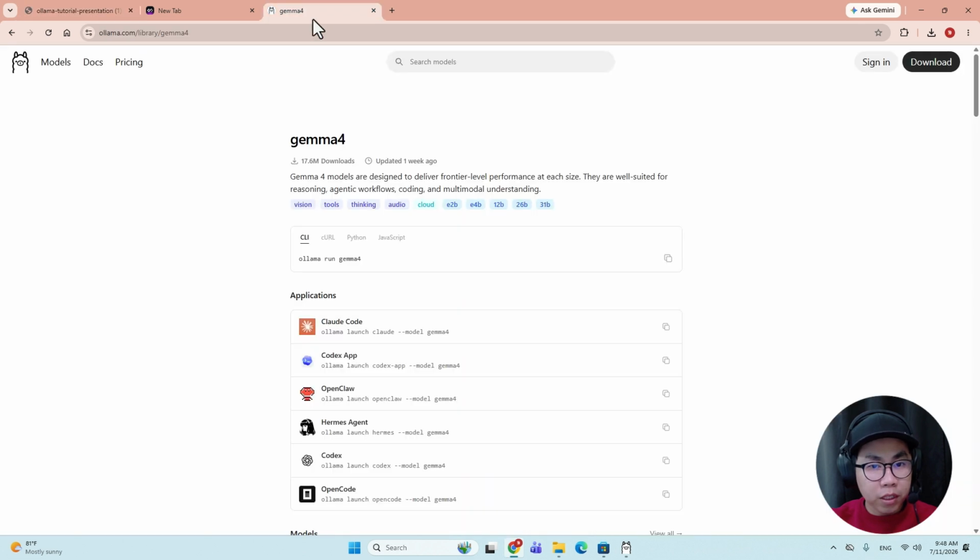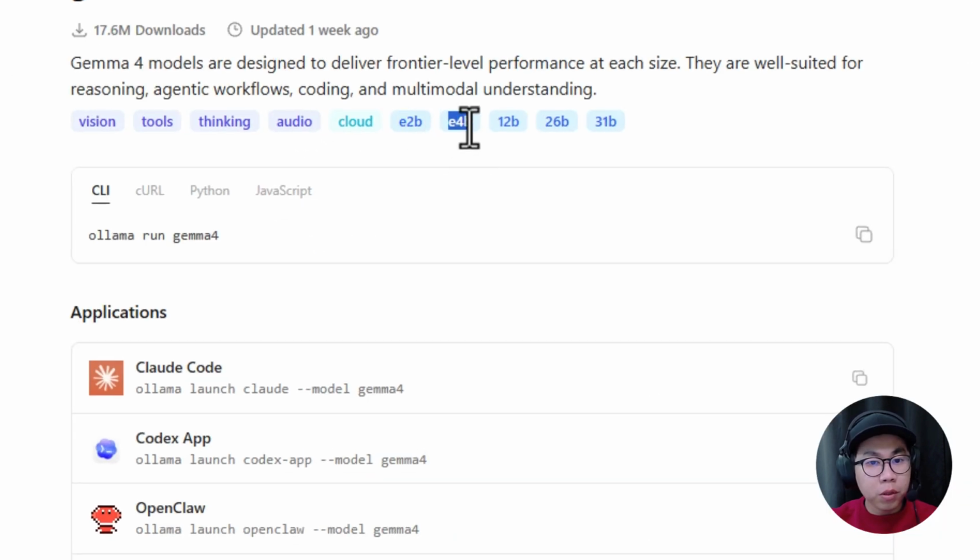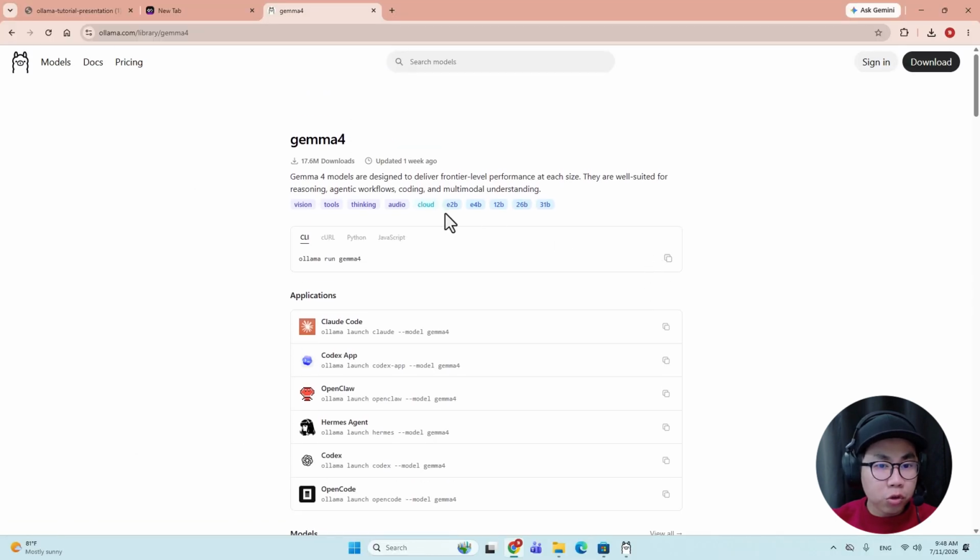Okay, over here, you will see these are the parameters: 2 billion parameters, 4 billion parameters, or 12 billion parameters. In this case, I will show you how to use 2 billion parameters. It's a lightweight model, so I think it supports most computers. In my case, I can use 4 billion or 12 billion parameters as well because I have a high RAM,